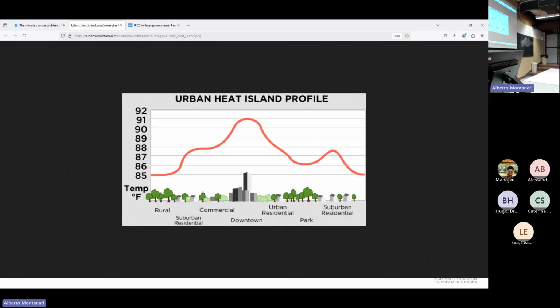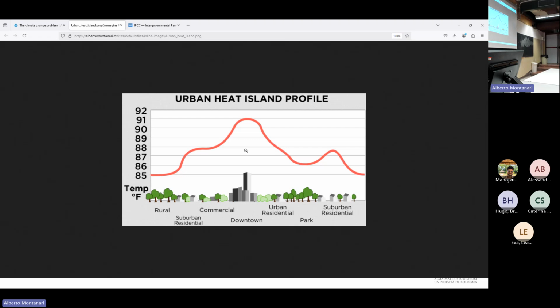But these solutions are intended to mitigate the heat island effect. By the way, this is an effect that is indeed responsible for heat waves in urban areas. Remember that, once again, a change is impactful when there are people there. So the urban areas are by definition vulnerable because there are a lot of people in there.